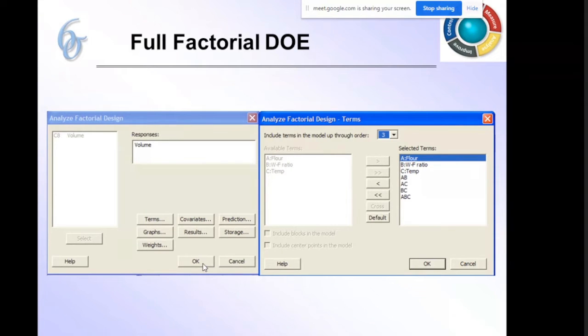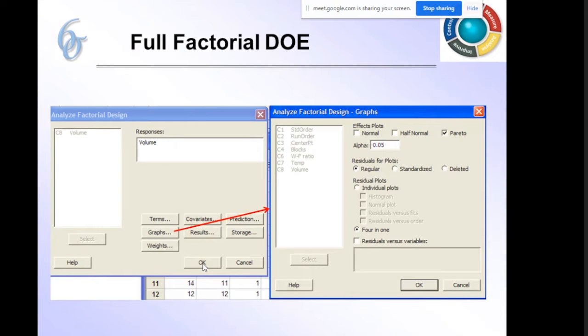Here we selected flour, water to flour ratio, temperature, and then AB, AC, and BC. That was the 2-level interaction, and the 3-level interaction is ABC. Volume is your response, and then we went for the effects, that is Pareto and the 4-in-1.